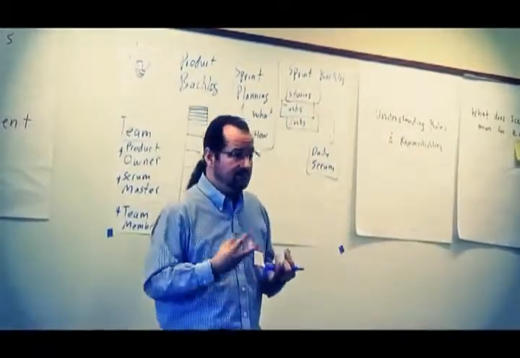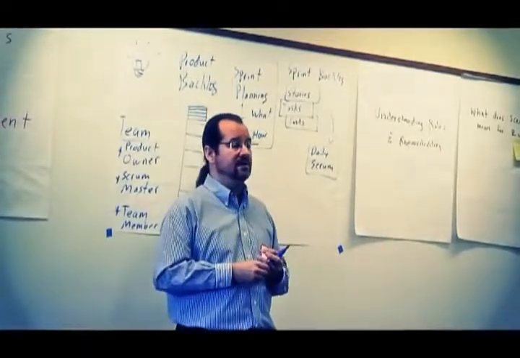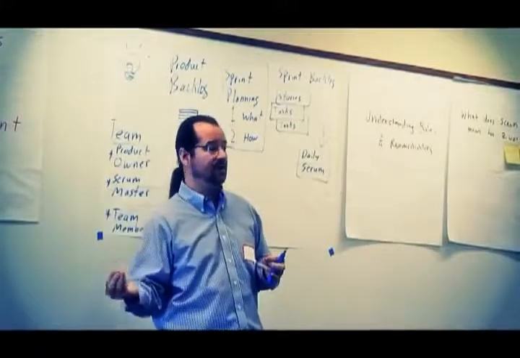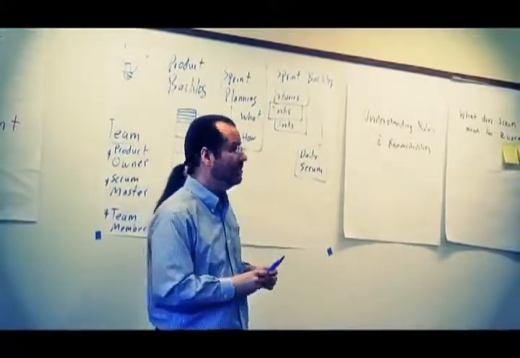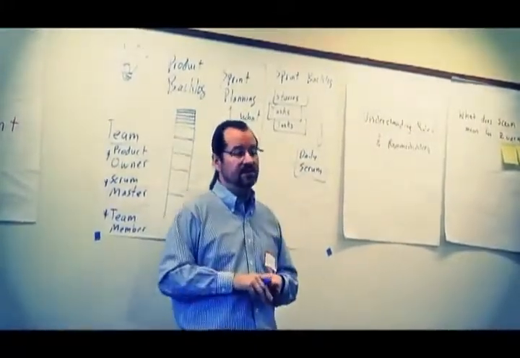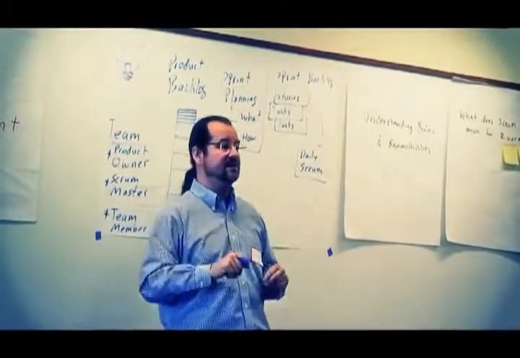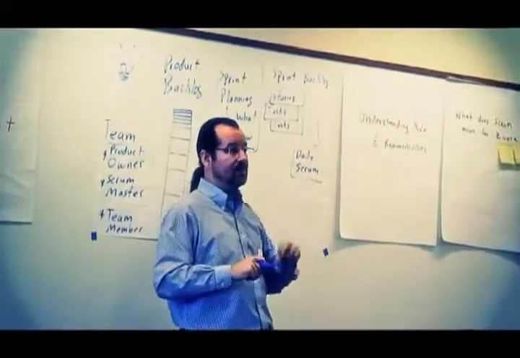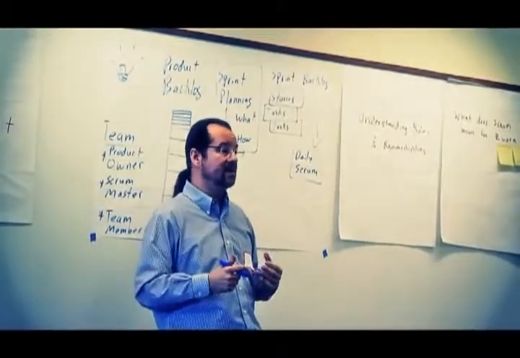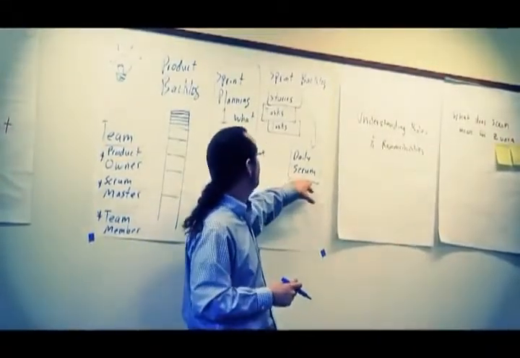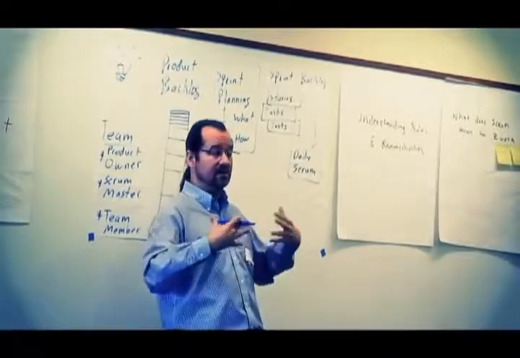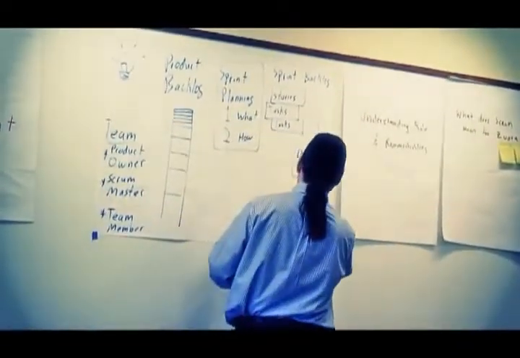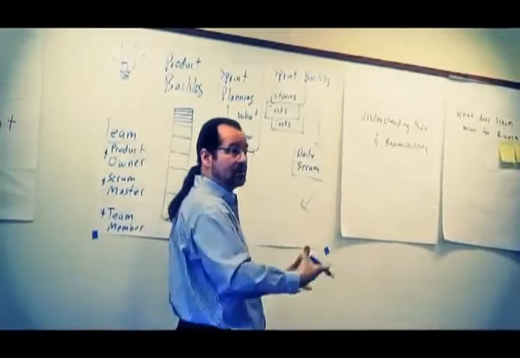Maybe we can come up with a solution right in the Daily Scrum, or maybe we just identify who are the right people to talk after the Daily Scrum to come up with a solution. Short meeting, no more than 15 minutes. It's where the team inspects and adapts for the sake of the sprint. It's one of 3 built-in inspect and adapt cycles in Scrum. So inspect and adapt for the sake of the sprint, for delivering the things that we committed to. So we keep working. Hopefully we get all our stories done.